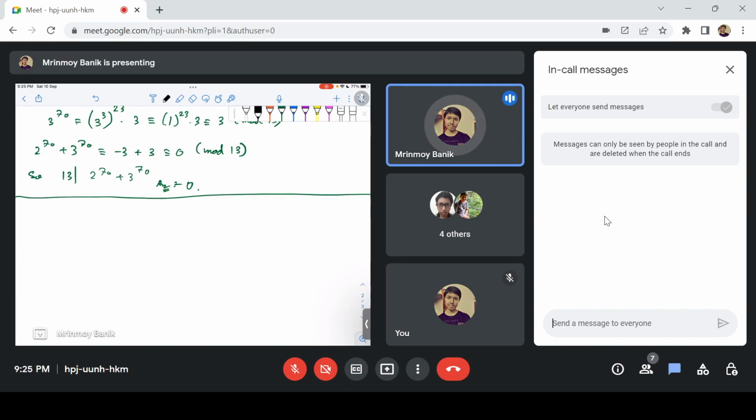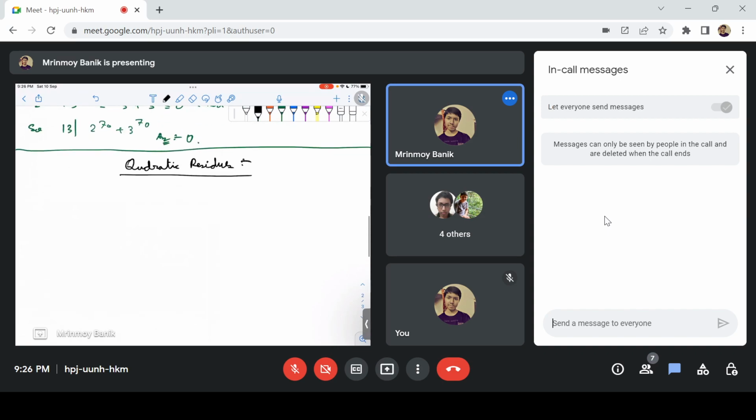So let's move on to a new topic now, quadratic residue. So what are quadratic residues? Well, it's nothing. It's just what the name signifies. These are the remainders when perfect squares are divided by something. This something can be any number, like mostly it's a prime number. So if we have a prime p,